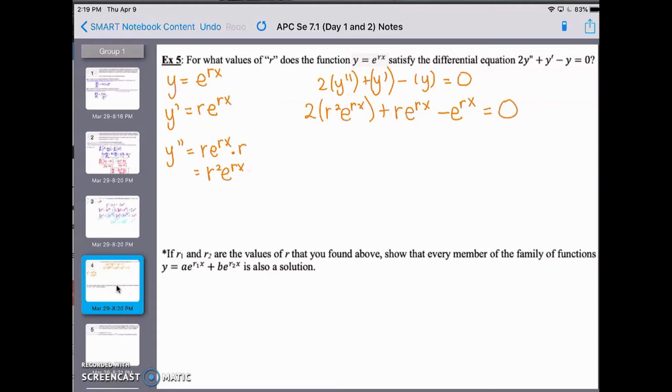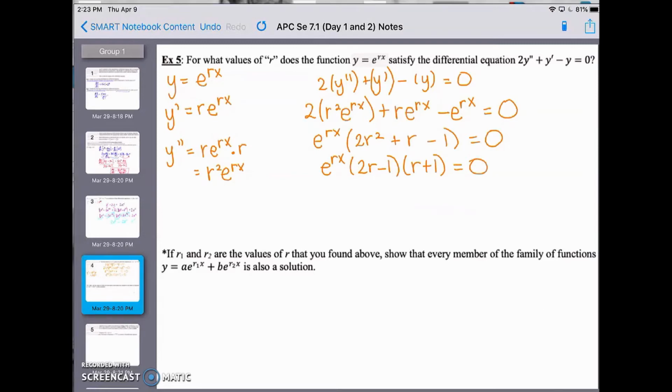So if I factor that e to the rx out, you'll see that I'm going to have something that looks much like a polynomial. If I take out my e to the rx, then my first term becomes 2r squared, my second term becomes r, and my third term becomes minus 1. And that then factors, and again, you can factor this any method that you like. I just prefer to do guess and check. This is going to factor into (2r minus 1)(r plus 1) with my e to the rx